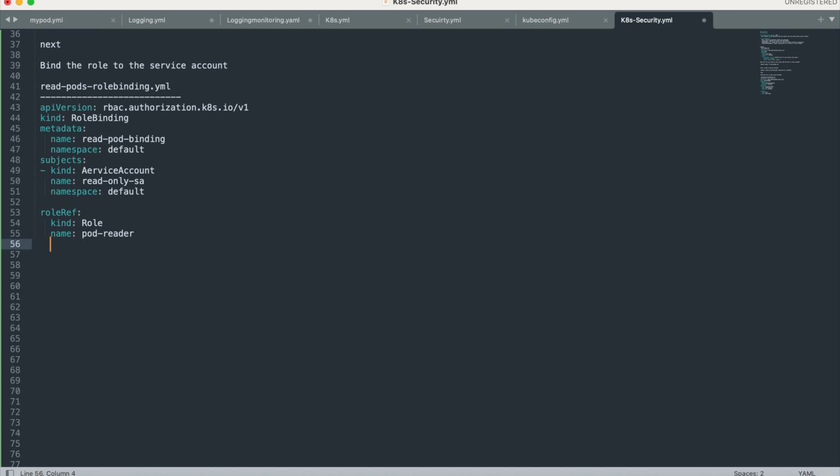And you can use the API group. What is the API group here? rbac.authorization.k8s.io. So now this is the file, and what we have to do is apply the role binding with the help of the kubectl